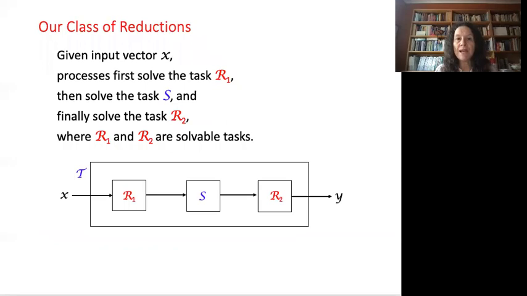We considered reductions from task T to task S, which involve solving only one instance of S, but allow processes to communicate with one another beforehand and afterwards. Formally, each process P_i is given an input x_i. The processes first solve task R1 using a known wait-free protocol. Then they solve an instance of S, where each process's input to S is its output from R1. Finally, they solve task R2 to determine their outputs using a known wait-free protocol, where each process's input to R2 is its output from S. These reductions are more general than mapping reductions, but less general than oracle reductions.